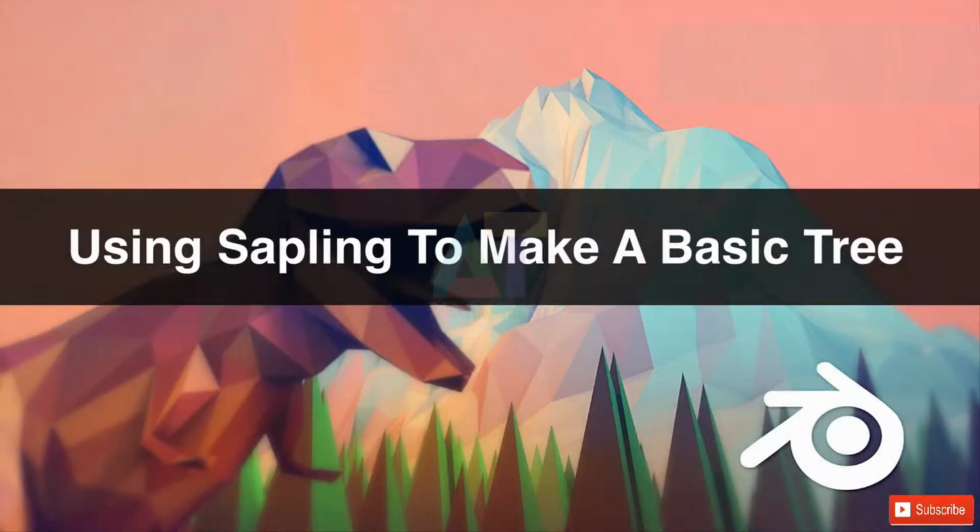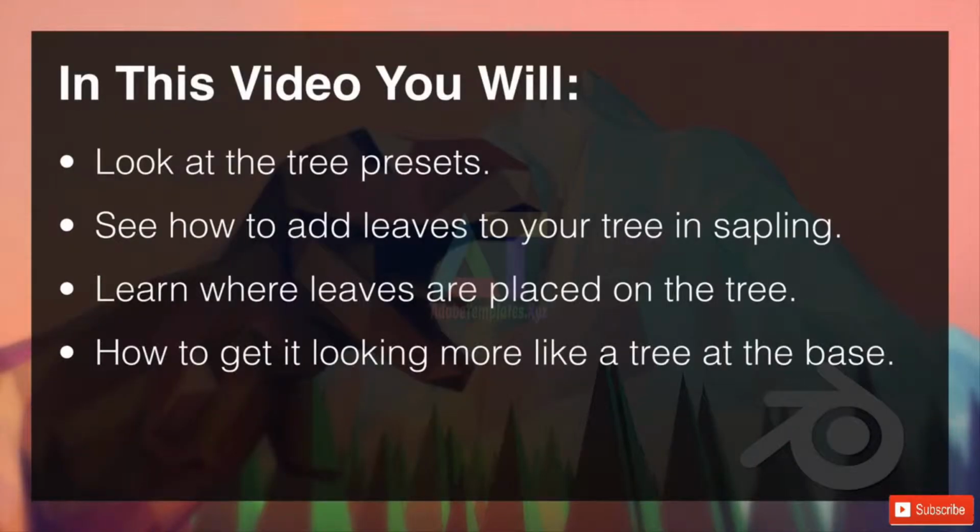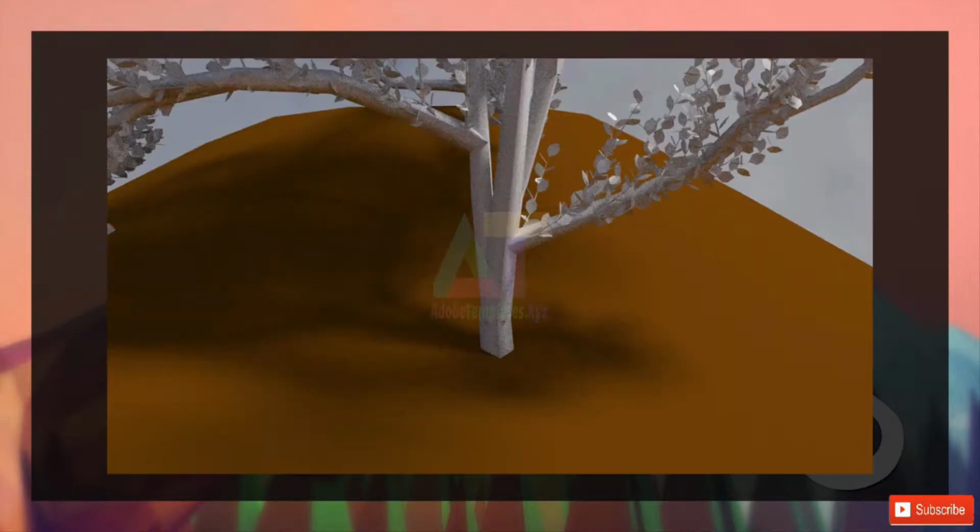using Sapling to make a basic tree. In this video, you'll look at the tree presets, see how to add leaves to your tree in Sapling, learn where leaves are actually placed on the tree, and how to get it looking more like a real tree at the base. So just as an example here, we've got, it's not got any materials on it, it's just plain